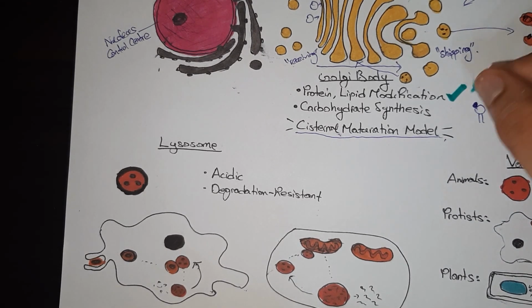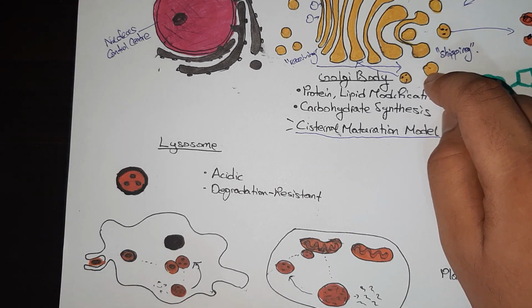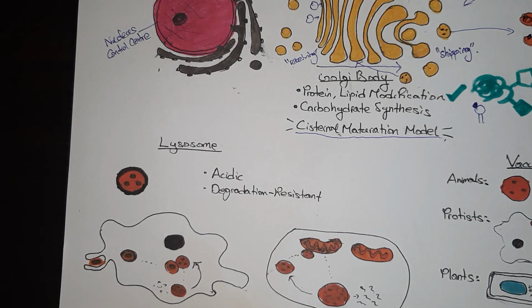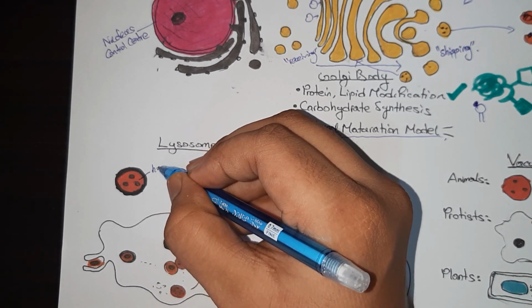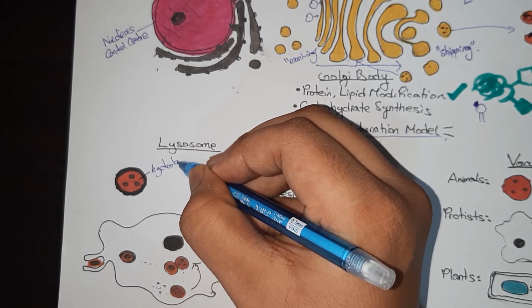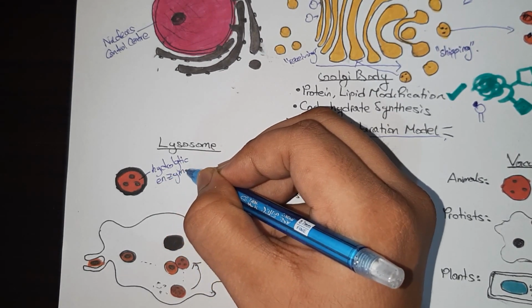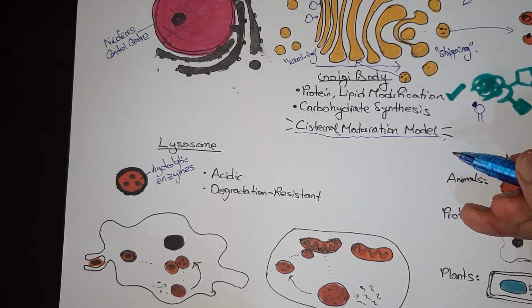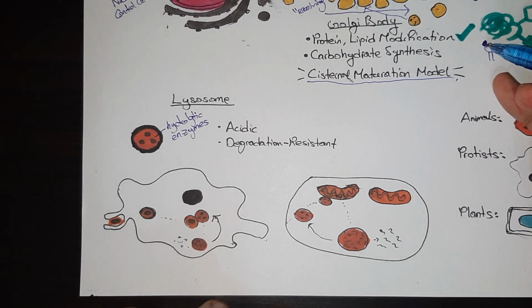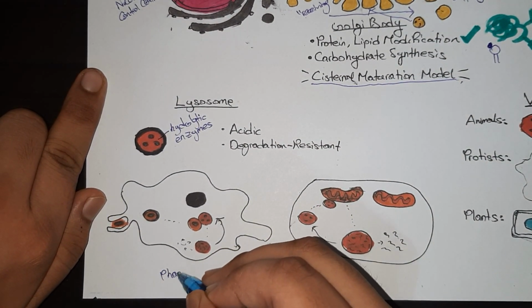So the lysosome is one of these vesicles that have budded off from the Golgi body. And the important characteristic of the lysosome is that it contains little enzymes called hydrolytic enzymes. These enzymes function in the digestion of food products that have gone into the cell. So this has two important applications. First is in phagocytosis.